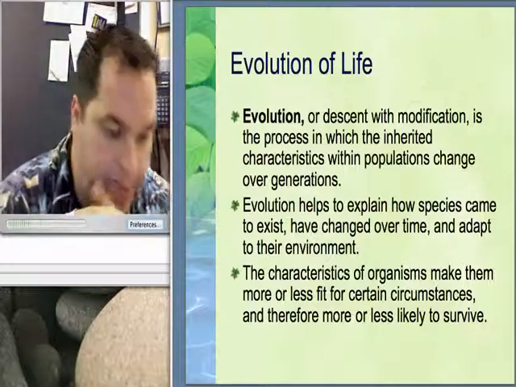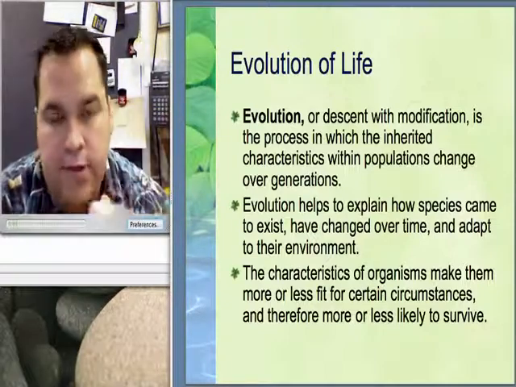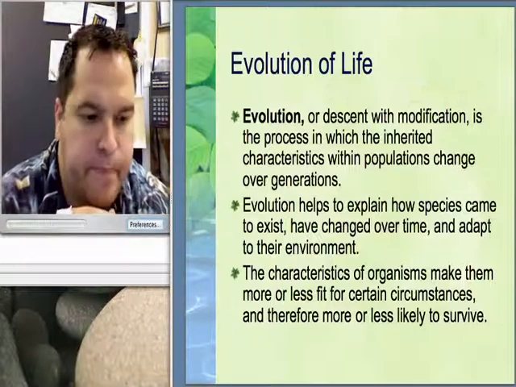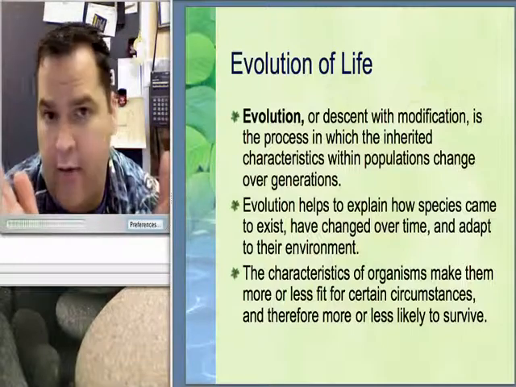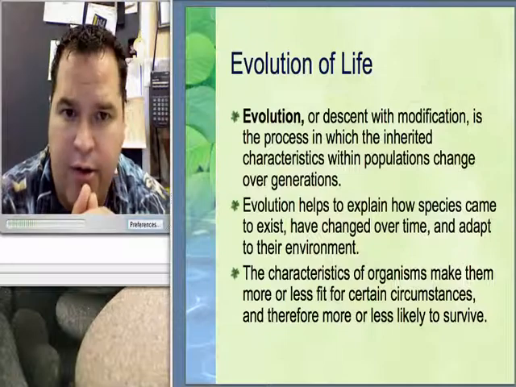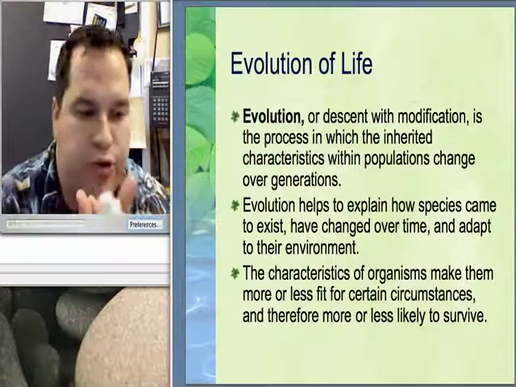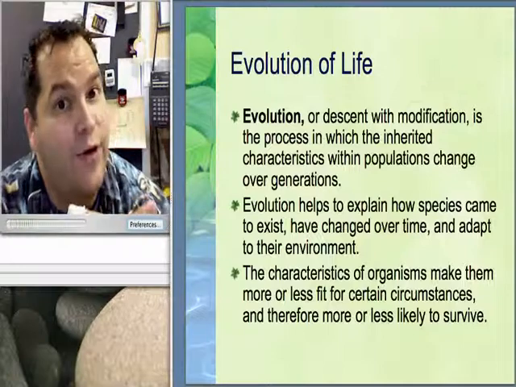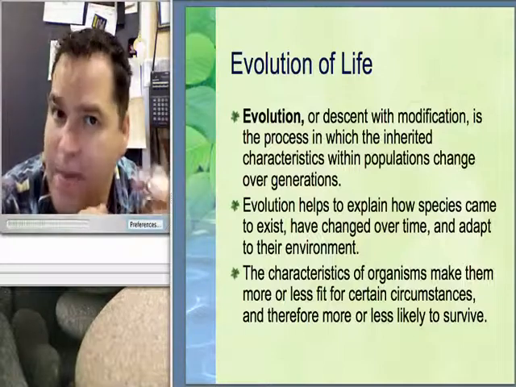Let me give you an example. The jackrabbit is a brownish gray rabbit. You see them all over Indiana. They're everywhere. Well, a long time ago, some migrated north into Canada. Well, there's a lot of snow and it's cold, so when a brown rabbit's sitting on a big old white pile of snow, it's pretty easy for a predator to see. So they got picked off very easily.